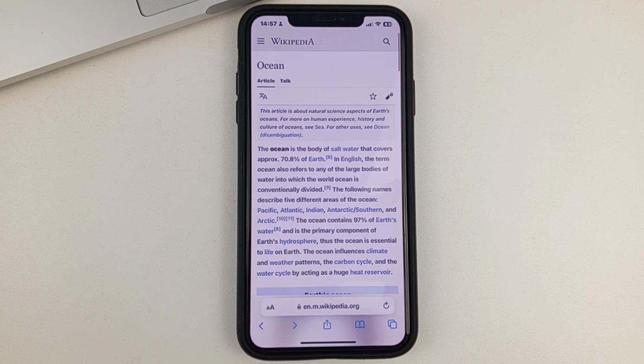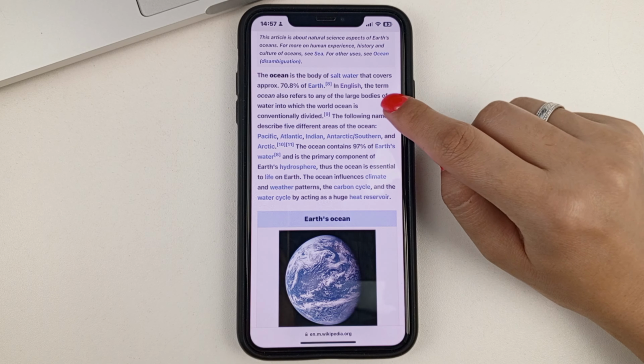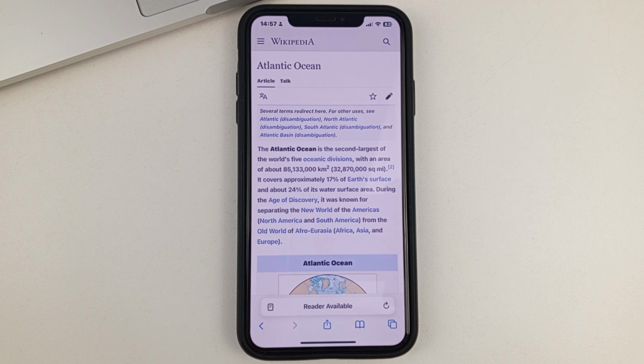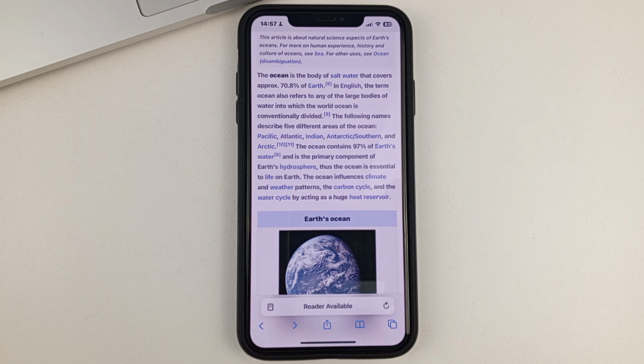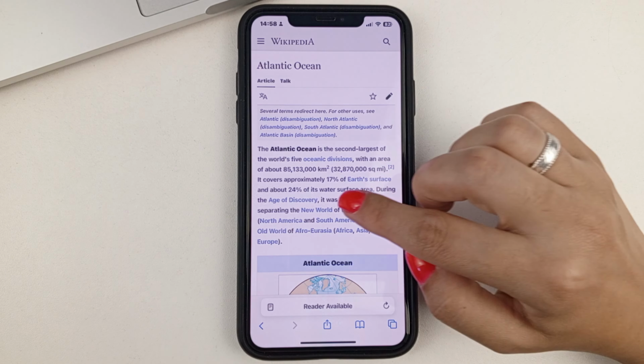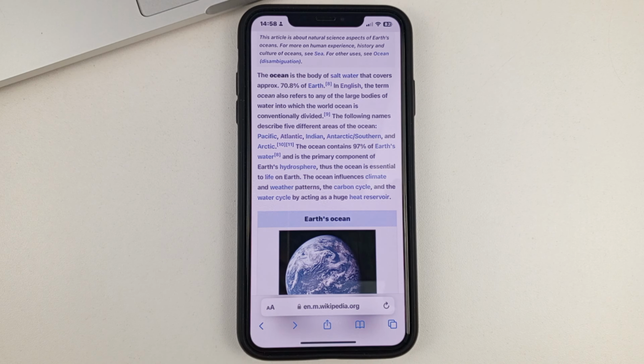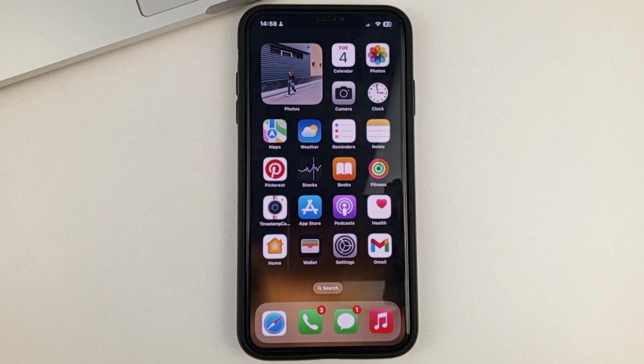But if you're in Safari, for example, you've gone to a website and you've come to a page here, like a link, more precisely. And in order to go back, there's an arrow in the bottom left corner, and you can click on it, and that will take you back. And you can also swipe the screen from the left side to the right side to go back to the original page.